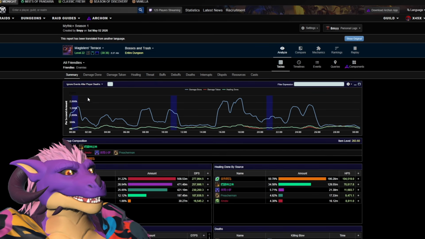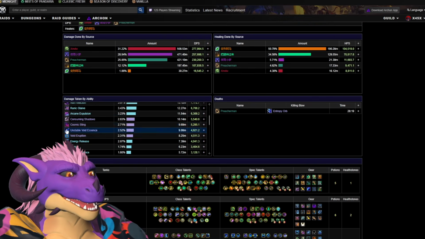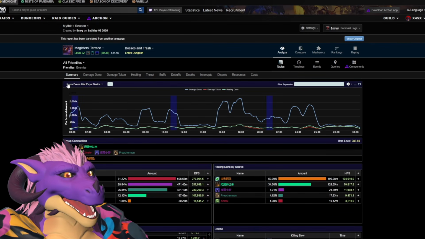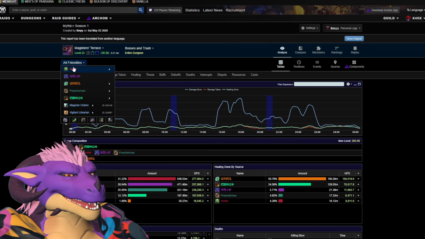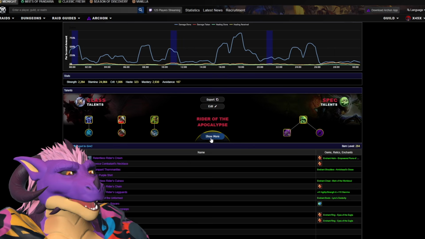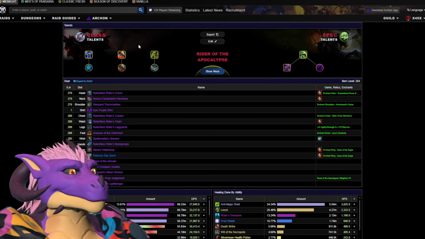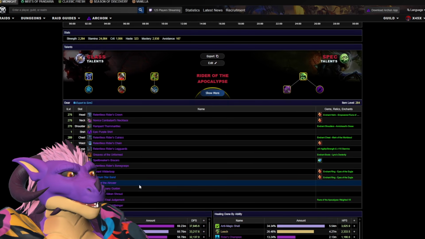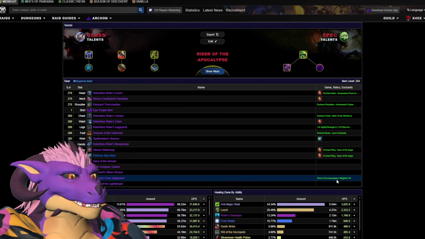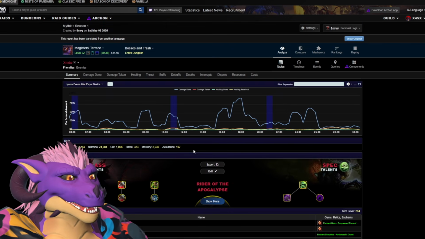First things first, you can go to summary and get all the stats at a glance. You can really quickly look at everyone and what they were doing. That's very useful. Then you can also select a specific player to see them. Once again, this is going to give us a very quick rundown of everything. We can look at their talents. We can see their gear, what they have equipped, even their enchants and whatnot, right? Weapon has Rune of the Apocalypse. All right, very good to know.